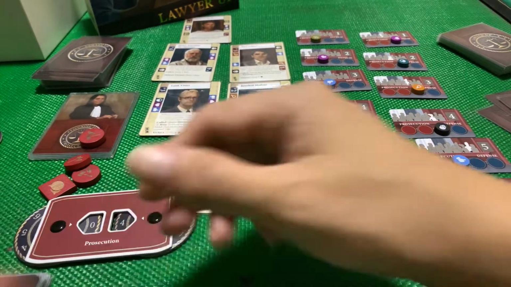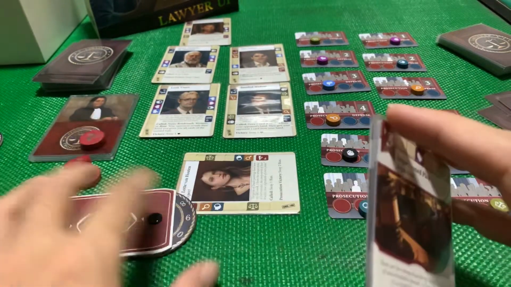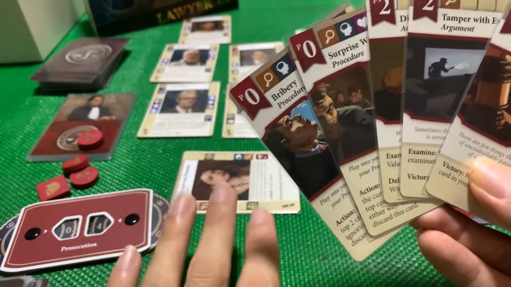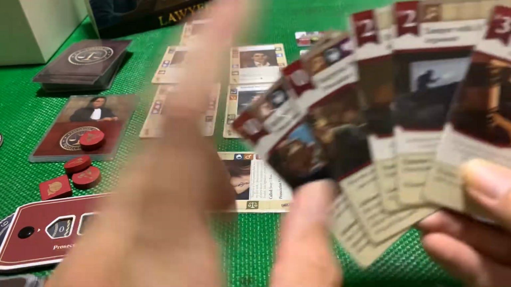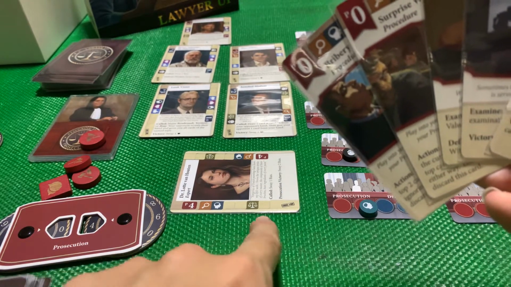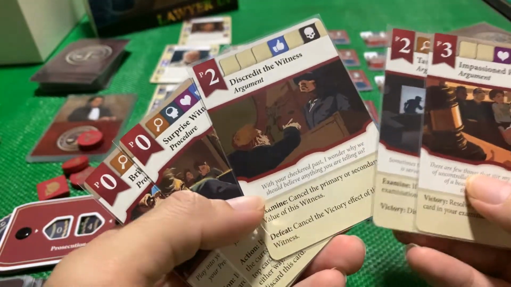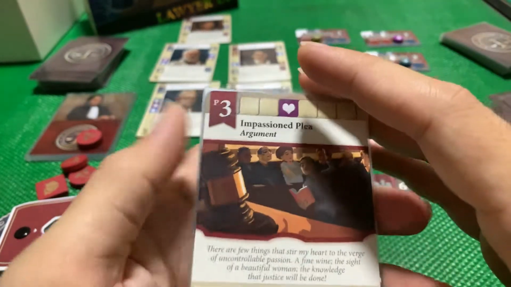Now, during your turn, you can do 1 of up to 5 different actions. The first one, like I mentioned earlier, is to play a card into your examination. So you're questioning the witness and you play a card into your examination area. One of the icons on the played card must match the existing face-up card, or if there are no cards here, one of the icons on the witness. For example, I'm going to play